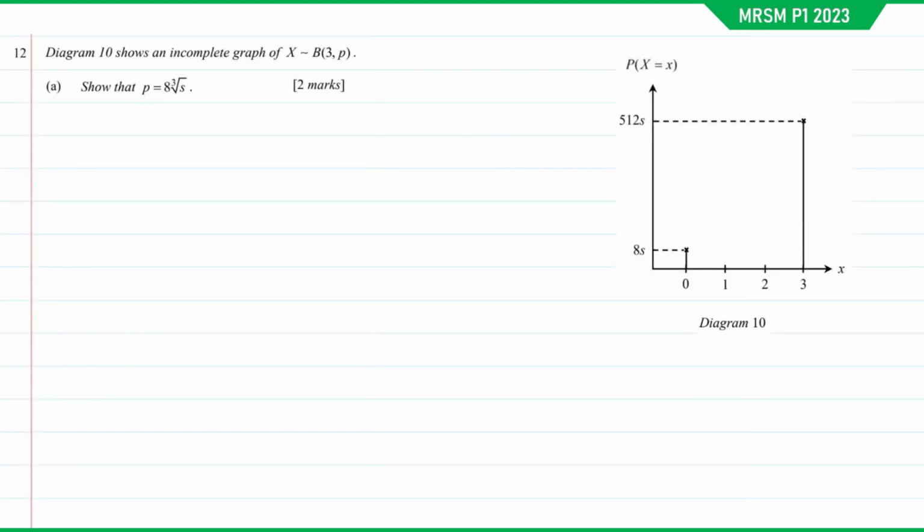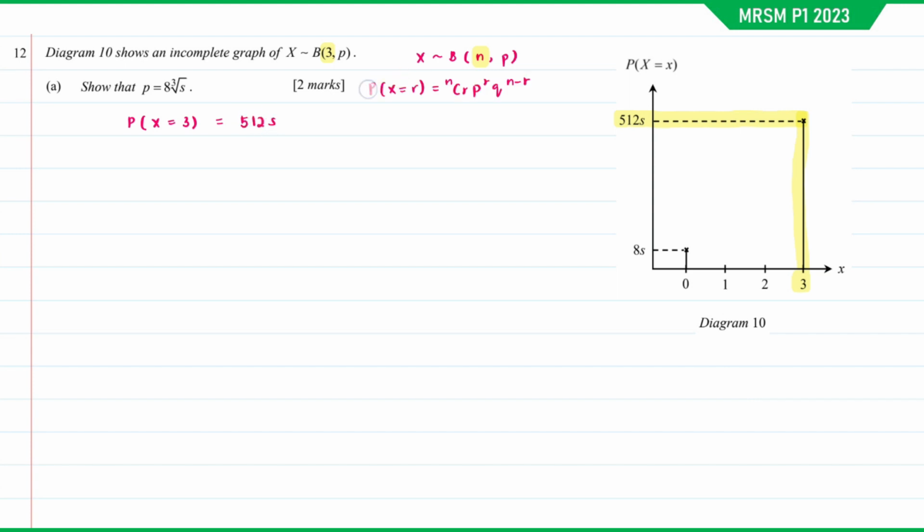Question number 12. Diagram 10 shows an incomplete graph of X following a binomial distribution B(3, p). Show that p is equal to 8 times the cube root of s. For the binomial distribution, this number 3 here refers to the number of trials and p is the probability of success. To show question a, we're going to use this information. This information is the probability for X equal to 3, and the answer is equal to